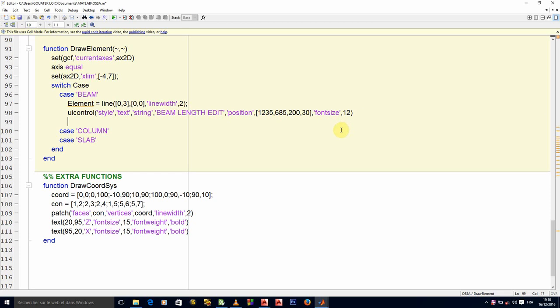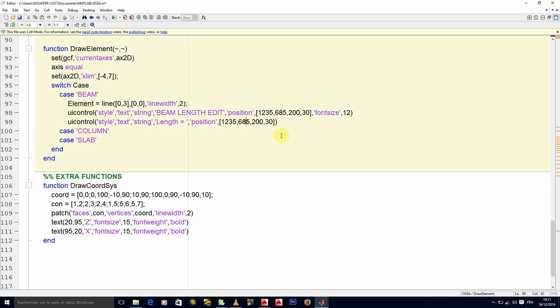What is the next? The static text, right? So I'll just copy this UI control, the font size, remove, the position might be edited, but this time around it will not be beam length, it will be length equals to what we will enter there, equals to position now.